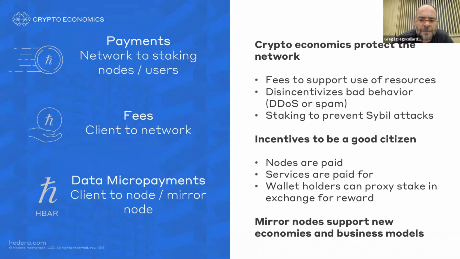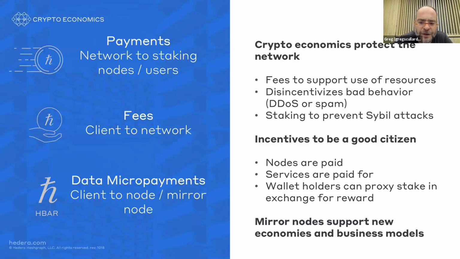So that's how the cryptoeconomics work out. We're trying to avoid the tragedy of the commons, where things are overused. The fees exist to protect the network from attack. Staking prevents Sybil attacks. We have fees to avoid all of the above in terms of protection. We try to incentivize the nodes with payments. We allow clients to pay for data, and you can do micropayments, which you can also do on a mirror node,